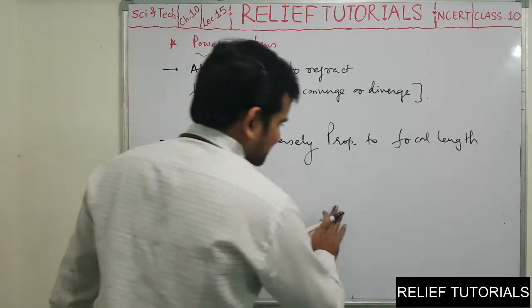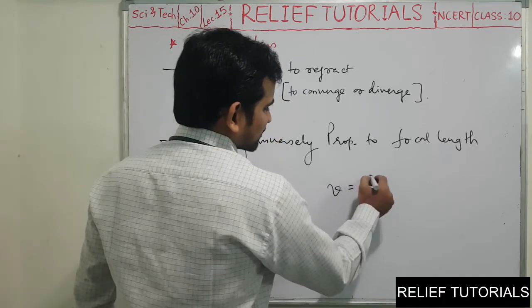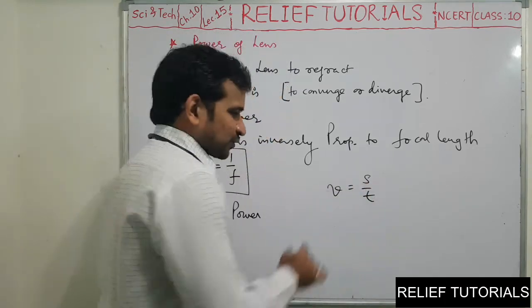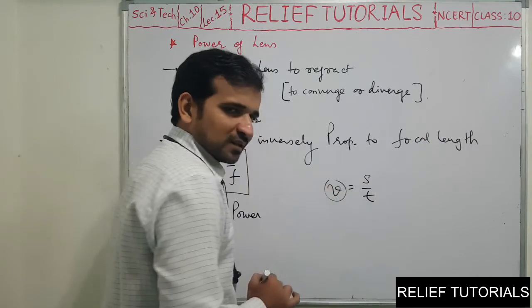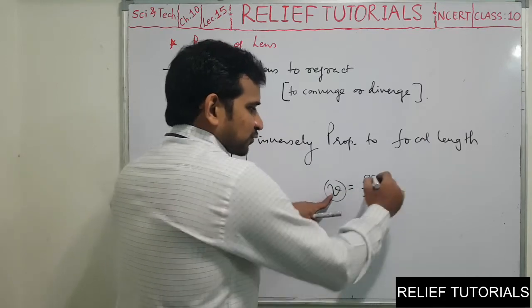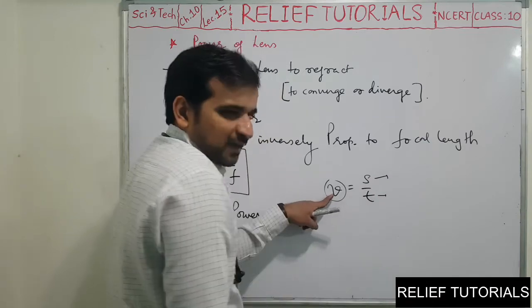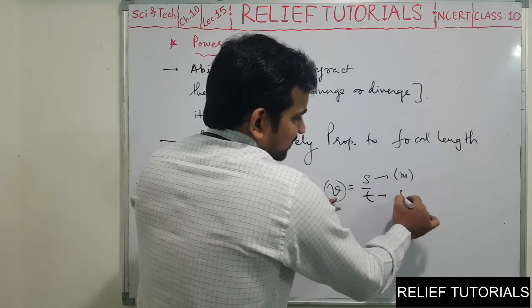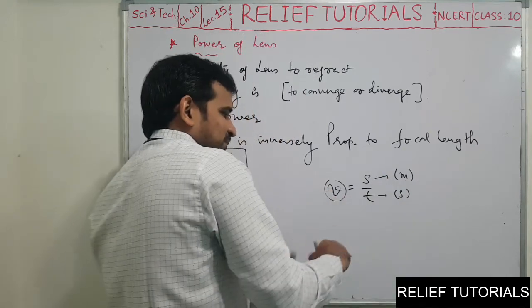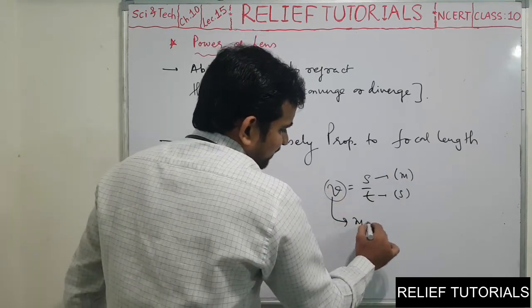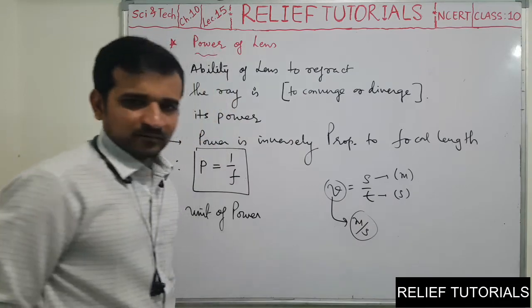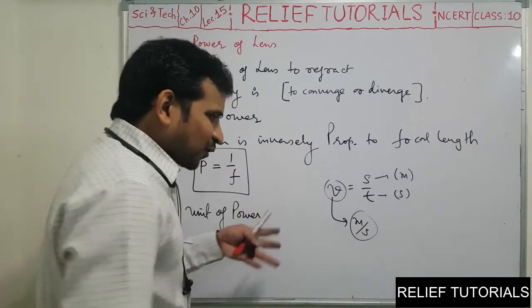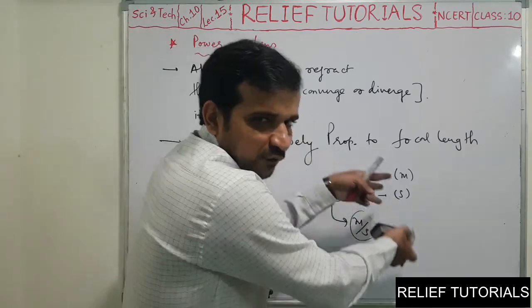If you remember, in the 9th standard we have seen speed is equal to distance upon time. So what should be the unit of speed? Unit of speed is equal to unit of distance upon unit of time. Distance is measured in meters normally, and time in seconds. So we have accepted the unit of speed is meter per second. So we can find out the unit of any quantity from its formula only.